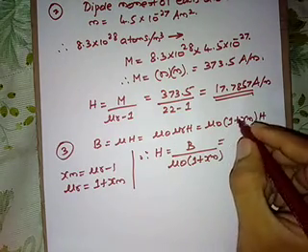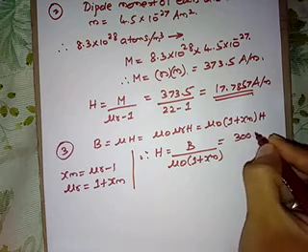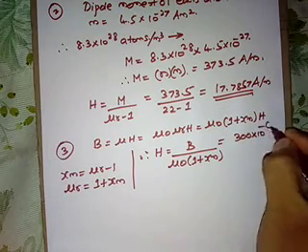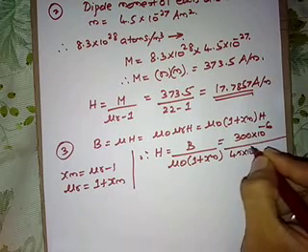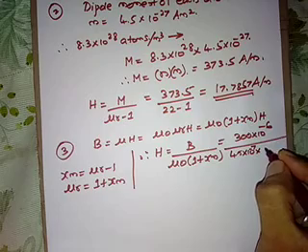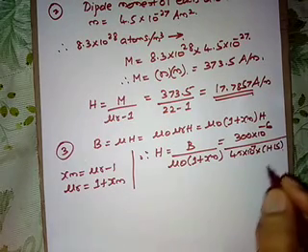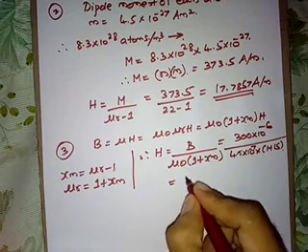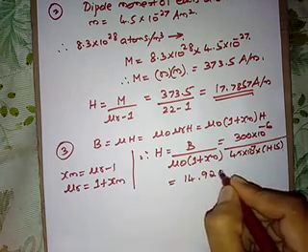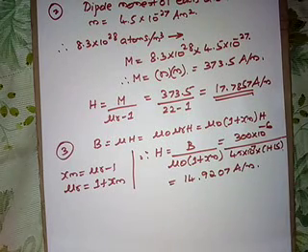So B is how much? 300 into 10 raised to minus 6, divided by mu naught, which is 4 pi into 10 raised to minus 7, into 1 plus 15. Xi m is given in the third set of values. So the answer comes out to 14.9207 ampere per meter. So this is how we have to solve these examples. Fine, students.